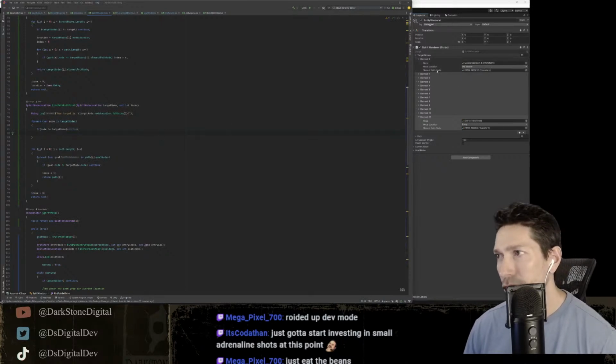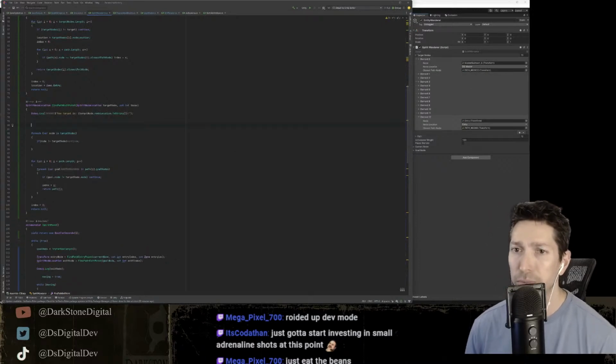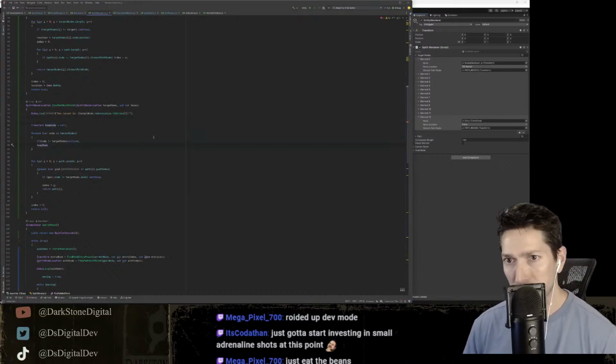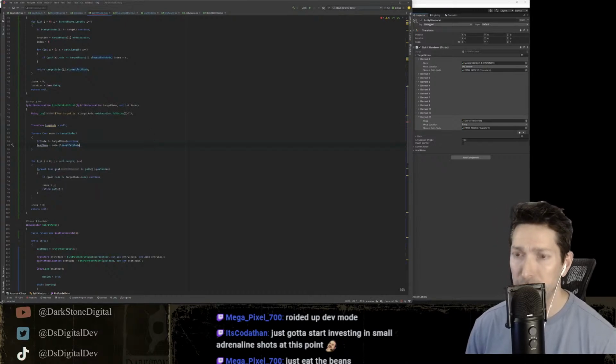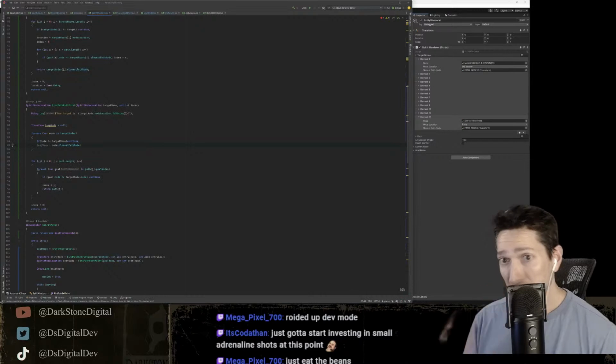And that is a transform, so we will need to compare transforms. So we're going to make a temporary transform, temp node, and make it equal to null so we don't get any dumb stuff. And then temp node is going to equal node dot closest path node.